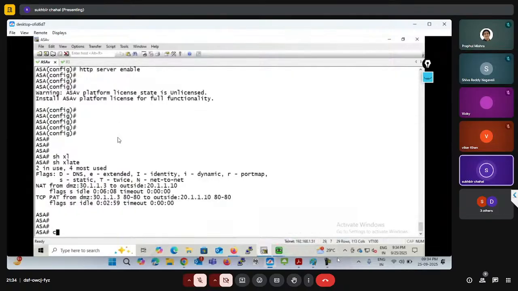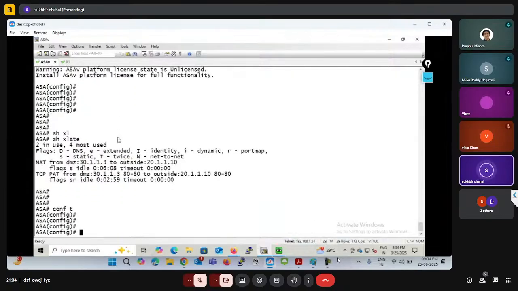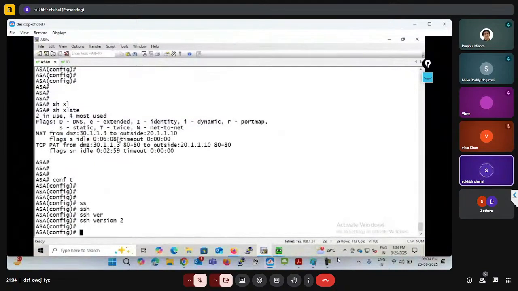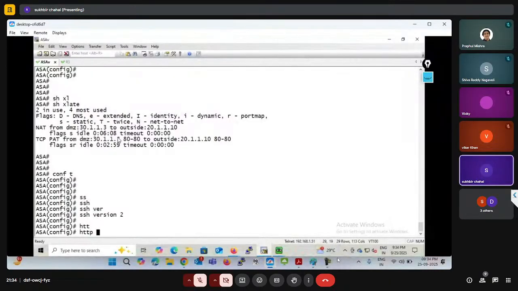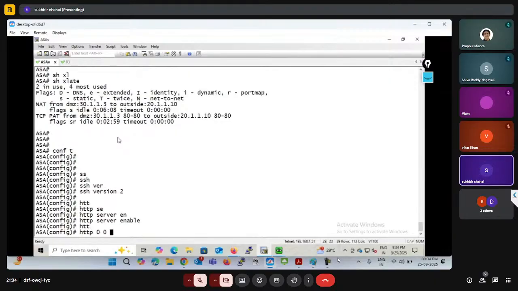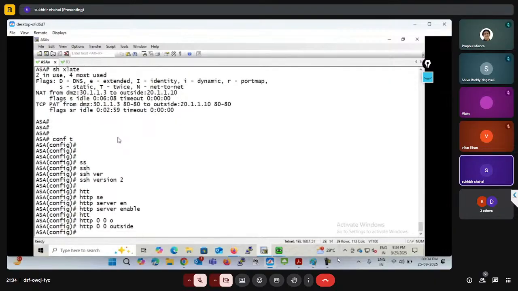I missed something. Let me check. We enabled here SSH, and SSH version 2, HTTP server enable, HTTP from outside. Okay. And we even did the authentication, right? But I guess we created this entry, that's why the firewall service is not accessible. But we have created static NAT. So let me delete this entry. I'm just trying to hit